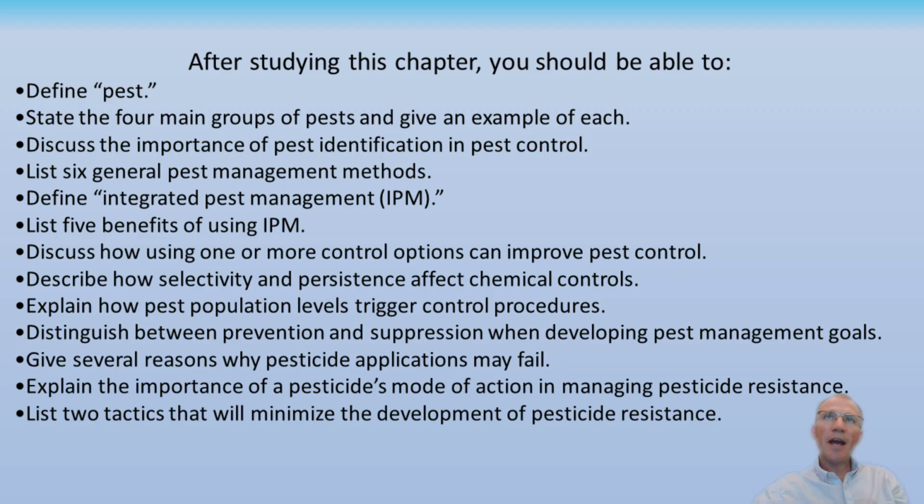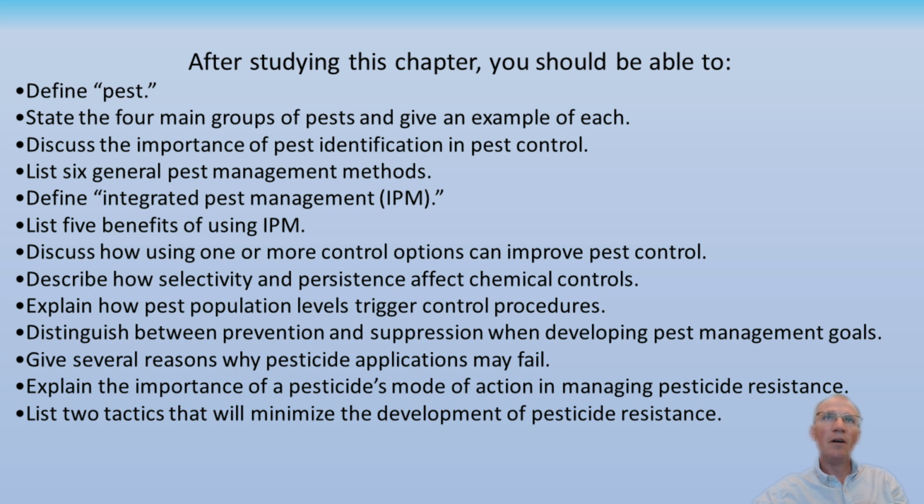After taking this chapter, you should be able to define pest, state the four main groups of pest and give an example of each, discuss the importance of pest identification and pest control, list 6 general pest management methods, define integrated pest management or IPM, list 5 benefits of using IPM, discuss how using one or more control options can